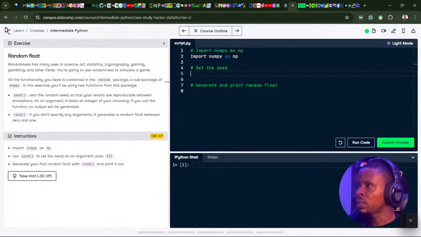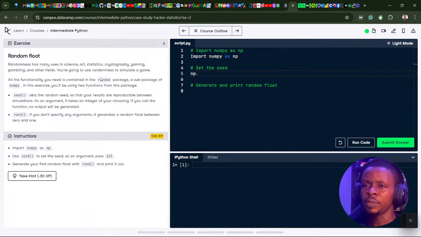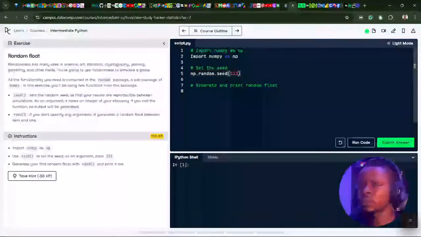To set a seed, I'll just say np dot, I mentioned the random package first, random dot the seed function, seed. Inside the seed it says use seed to set a seed as an argument and pass 1, 2, 3. Then we pass 1, 2, 3 into the seed.